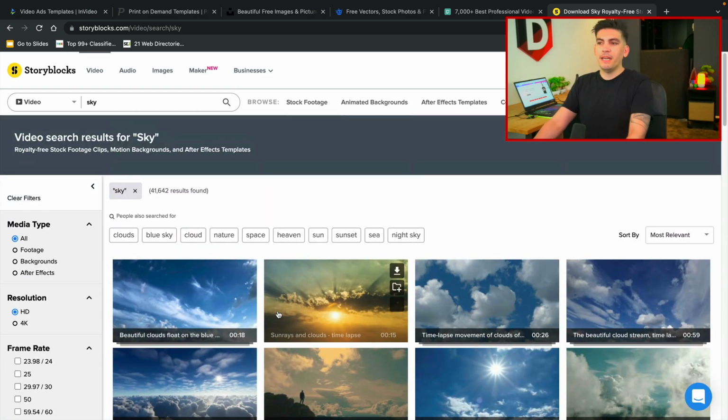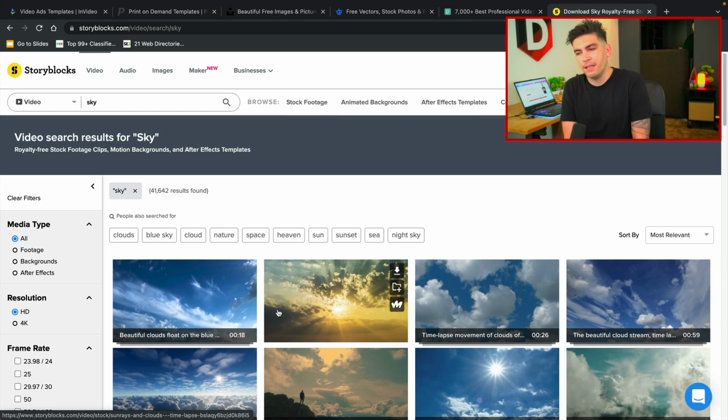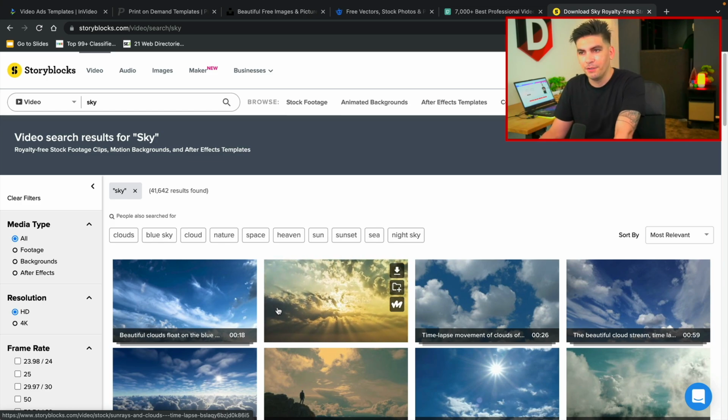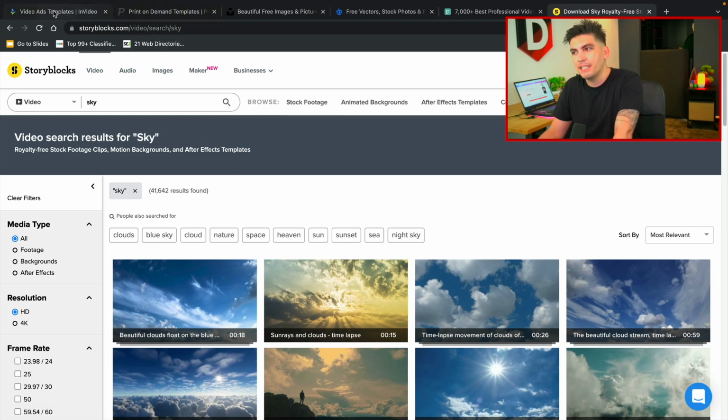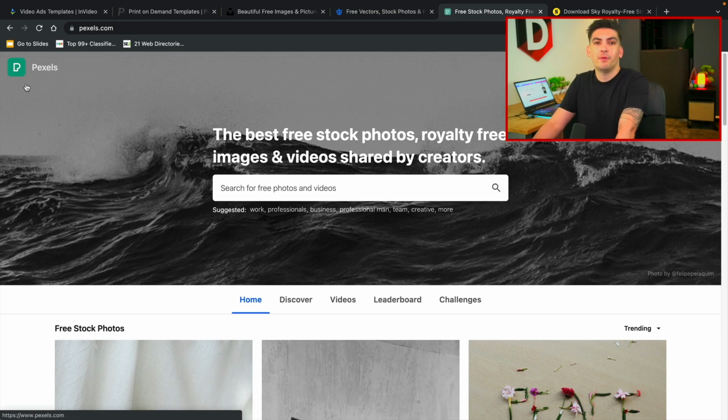I like these websites because they're a little bit cheaper. If you go to Shutterstock or Getty Images, they're extremely expensive. You'll pay like $200 a video, and they're really not that good anyway. They're a ripoff, they're a scam. So definitely check out these websites for high quality images and videos to help you with your Facebook ads.